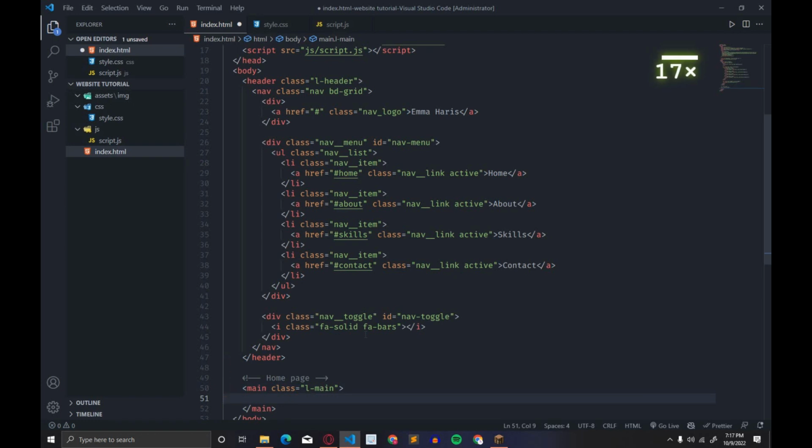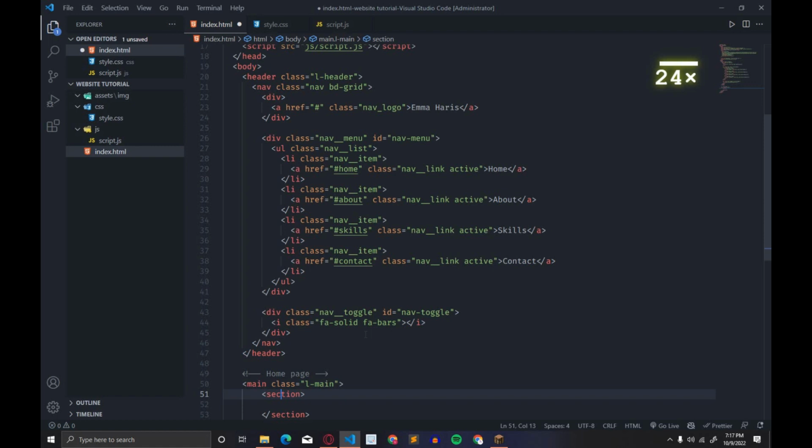And here let's add a home page, and here we have to create a section, like this. Then we have to add a class, home bd grid, like this, then id to home. And here we have to add div dot home